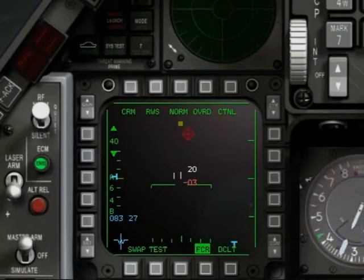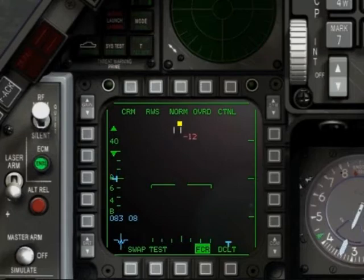So that could be your tanker. If you want to lock on it so you can see his airspeed and what he's doing, make sure you disarm your jet first with the master arm switch. That will switch your weapons to nose cold or inactive, so you will not get in trouble when you come back, or just as a precaution so you don't fire a missile. I don't know if this is the tanker. I'm just gonna lock on it,